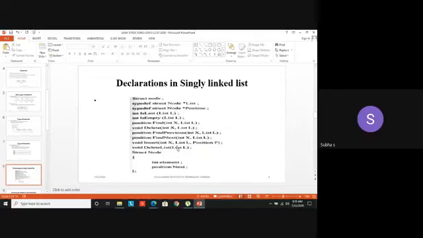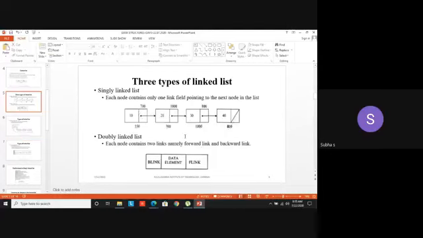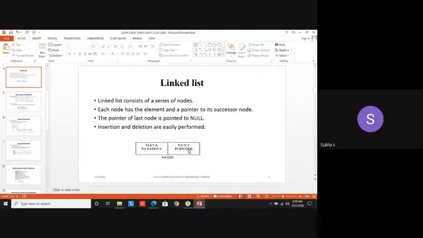Before getting into linked list routines or linked list implementation, you must know this one. What is a structure? A structure is a data type. It's a collection of what? Different data types. In a singly linked list, we have what? A data and a pointer. That means the data can be an integer value, but the pointer should be a pointer data type. It should point to the address of some other variable. That is the normal definition for a pointer.